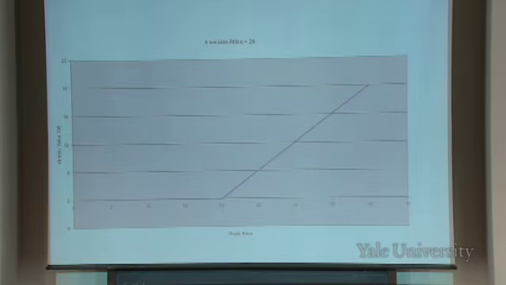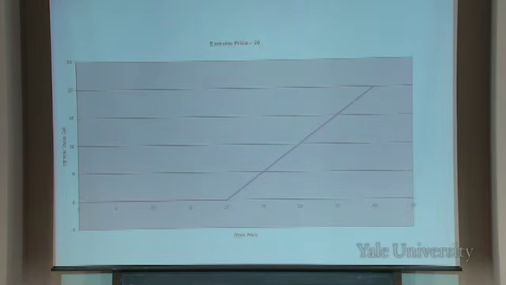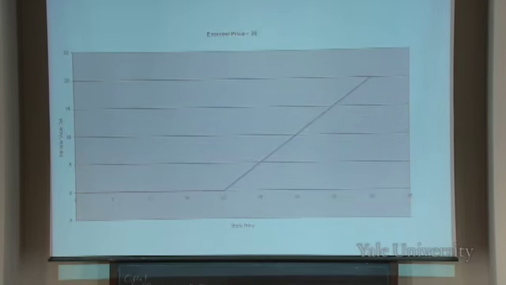There it is, okay. That's $0 a share, $5 a share, $10 a share, and I'm showing it up to $45 a share, okay? Now, I'm going to illustrate the intrinsic value of an option with a $20 strike price. The option would typically be for 100 shares, but I'm going to describe it as if it were an option to buy 1 share. So that would be 1/100th of a typical option.